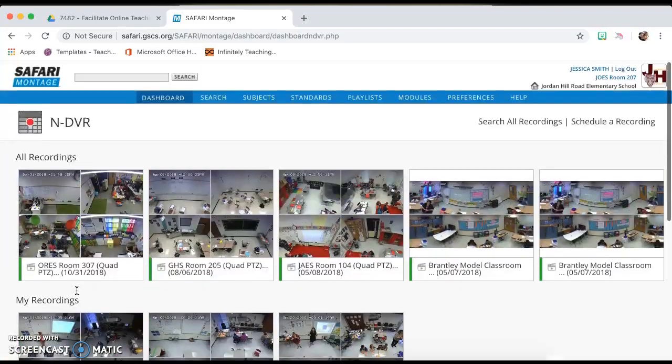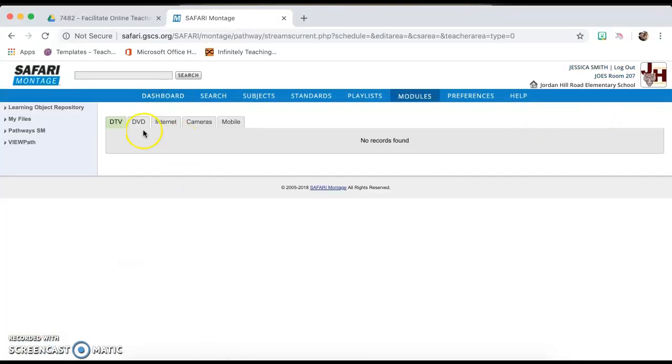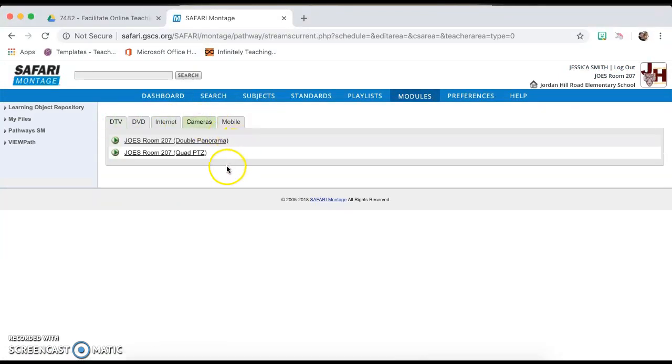So to schedule a recording, on your NDVR page, you want to click on this button to the right that says schedule a recording. And then you will have options on this gray area, hit cameras, and then you'll have more options. So there's a lot of options to choose from. You have double panorama and quad. The quad will show all 4 sections of your classroom, and the double panorama will just show the front and the back, but in a larger view. I personally think the quad shows better and more parts of the room than the panorama, but it's completely your preference. So I'm going to choose quad,